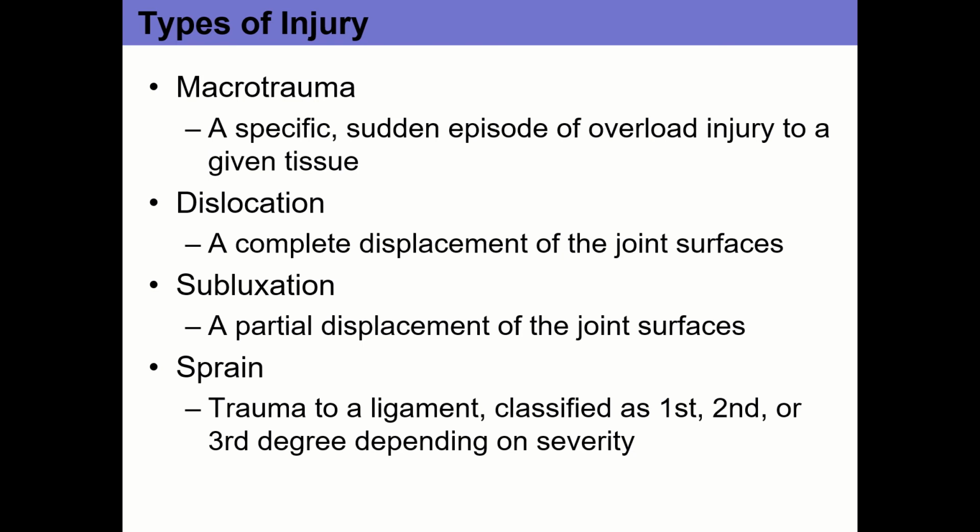So shoulder dislocations are fairly common in most sports, particularly contact sports. So in a shoulder dislocation, the humeral head rolls off of the glenoid. Typically it rolls anteriorly and inferiorly, so forward and down. And so those two joint surfaces aren't touching each other anymore. So that's a dislocation. A subluxation is a partial displacement.